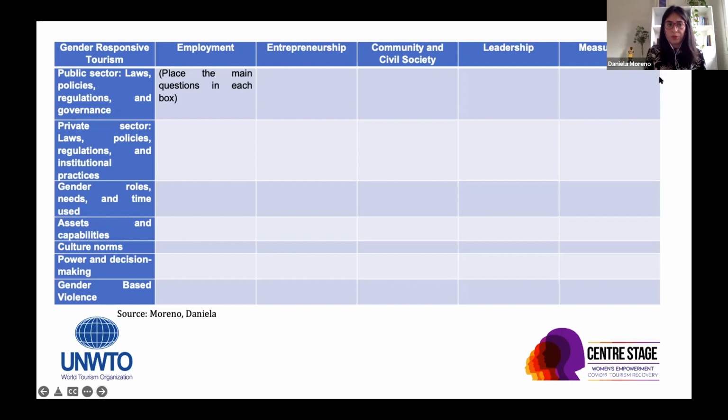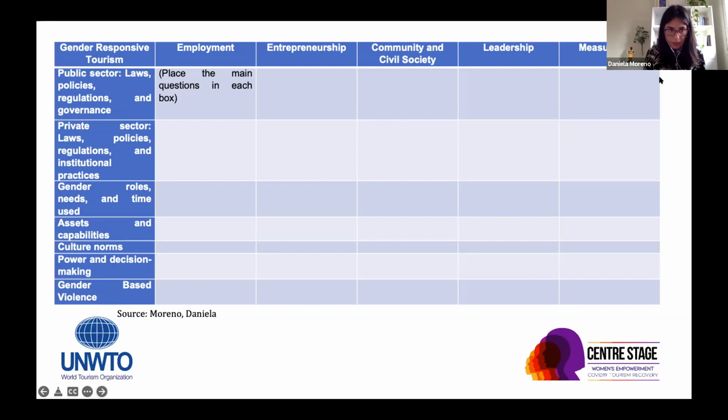As you may know, all these domains are quite related to each other, but this is a way to unpack the power dynamics that are the main cause of gender inequality in tourism. We also want to unpack opportunities that are supporting gender equality in tourism. So let's review each of these